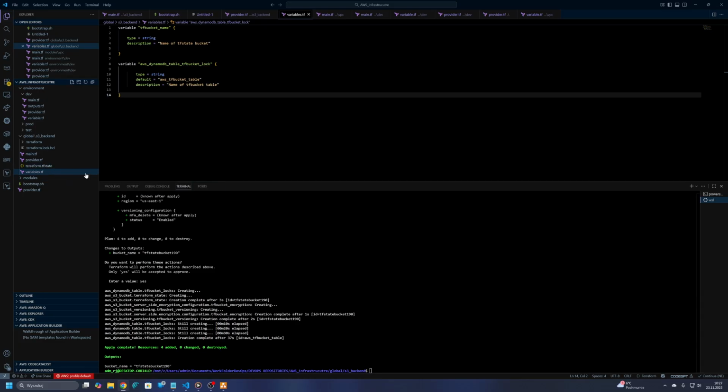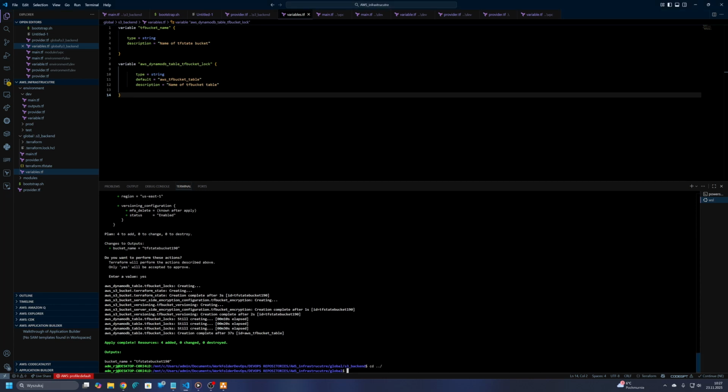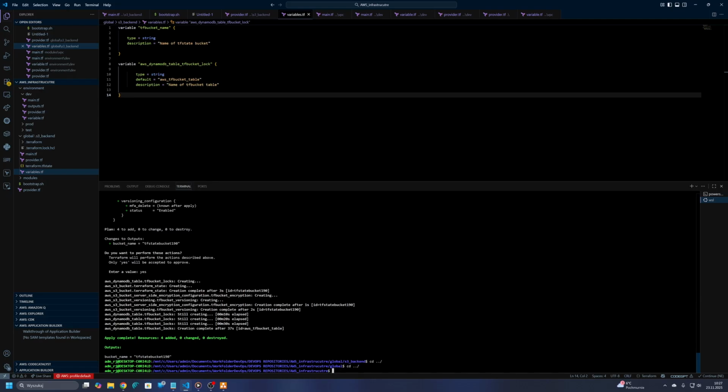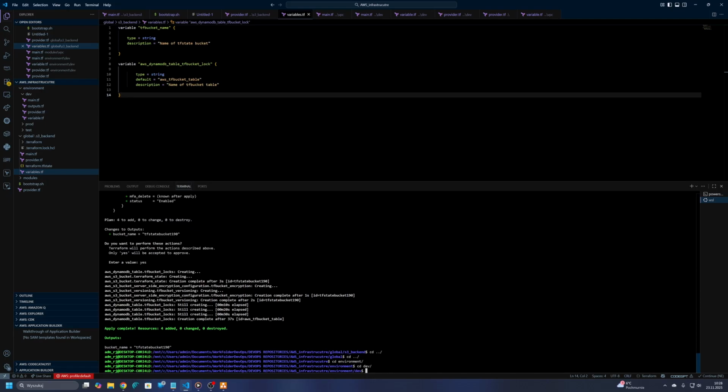And also any other team member can try to build and nothing will break, because we got the lock ID added by our DynamoDB table. So now we can try to create our dev environment. That was in global. So we can go now to environments. We can go to dev environment,